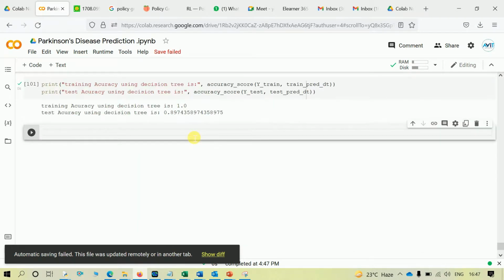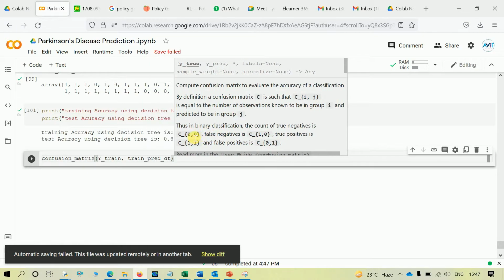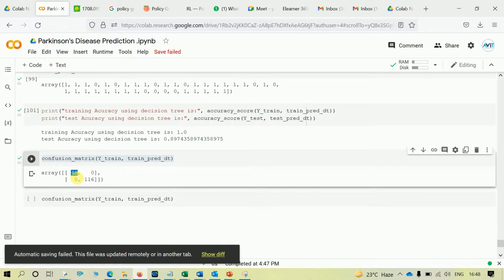You can also calculate the confusion matrix for it. So let me write this confusion matrix. So this is the confusion matrix for training decision tree, and we can see that the false positives and false negatives are zero in here. So the total number of people who are healthy are predicted as healthy, whereas the total number of people who are suffering from Parkinson's disease are predicted the same.